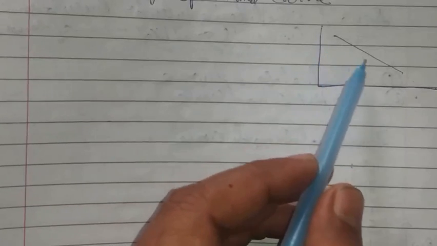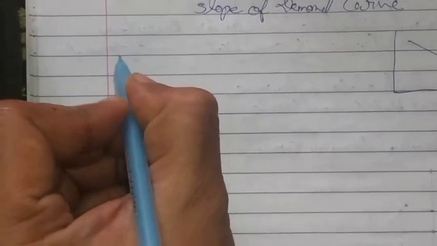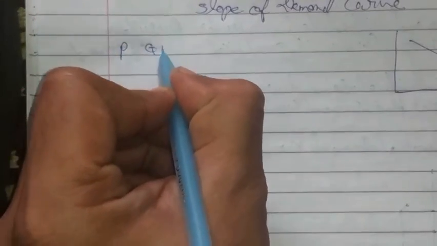The demand curve, as you all know, slopes downwards. It always goes downwards. We have seen in the last videos how we prepare the demand curve, and we can say that it gives a negative relation between the price and the quantity demanded.